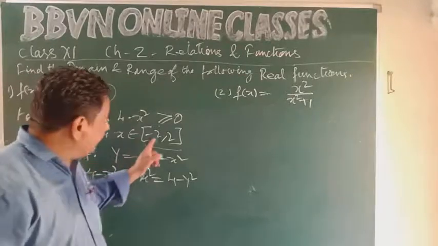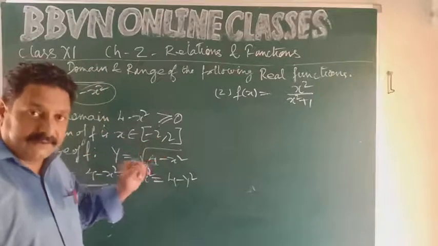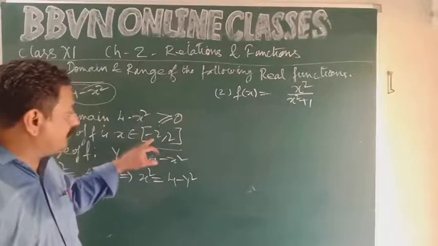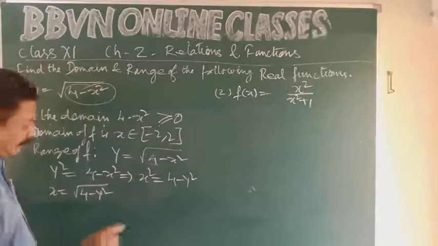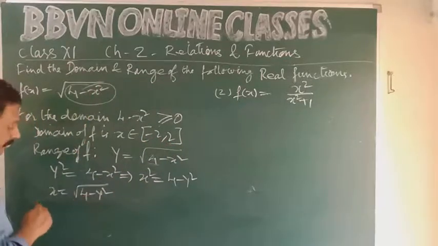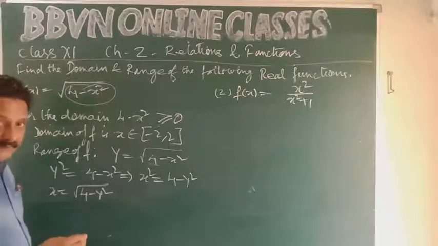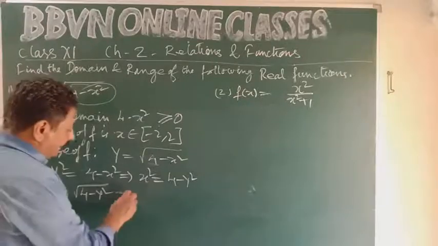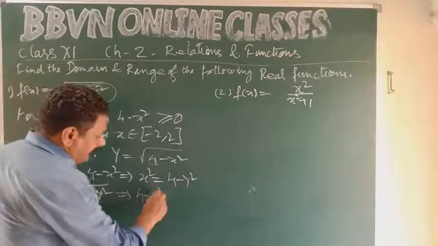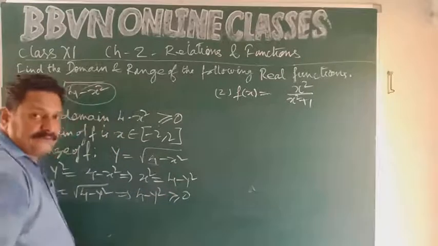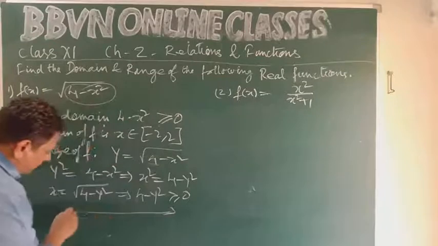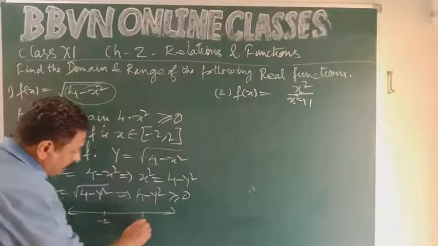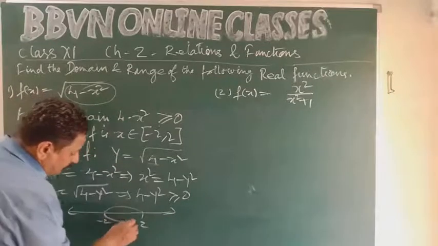What is x? X is a real number. X is minus 2 to plus 2, means it is a subset of R. So x is a real number. If x is a real number, definitely 4 minus y square has to be real. This implies 4 minus y square is greater than or equal to 0. On again going with the same number line rule, what do we get to know? Y is minus 2 to plus 2.